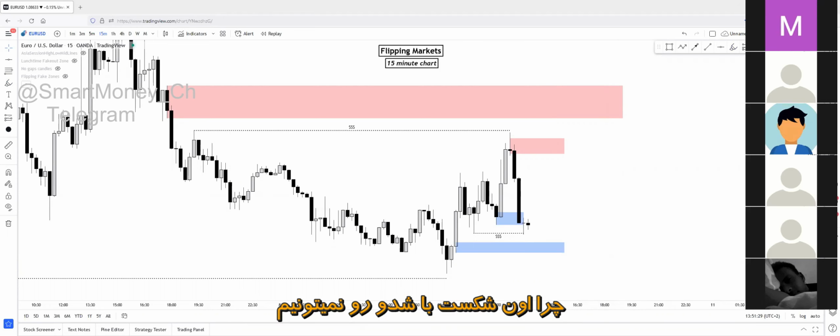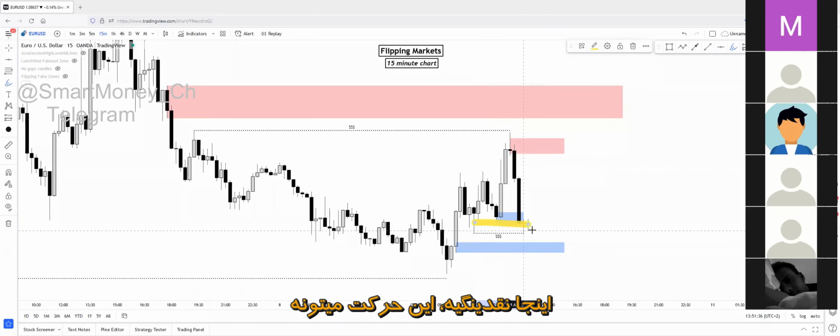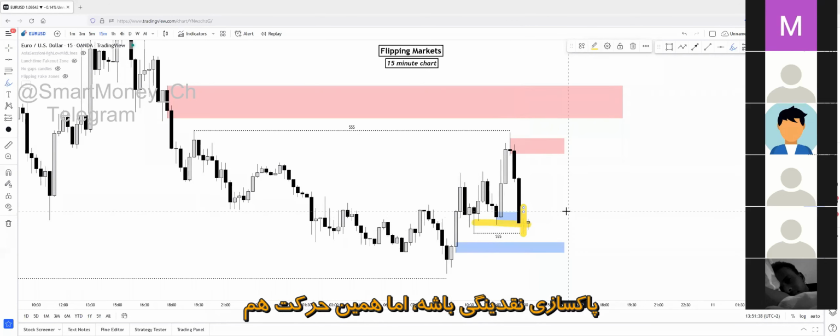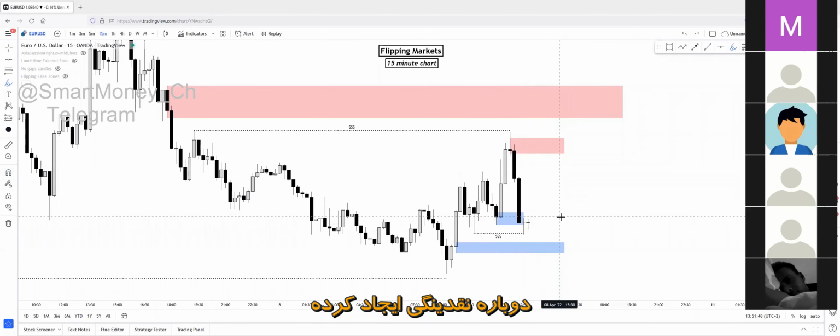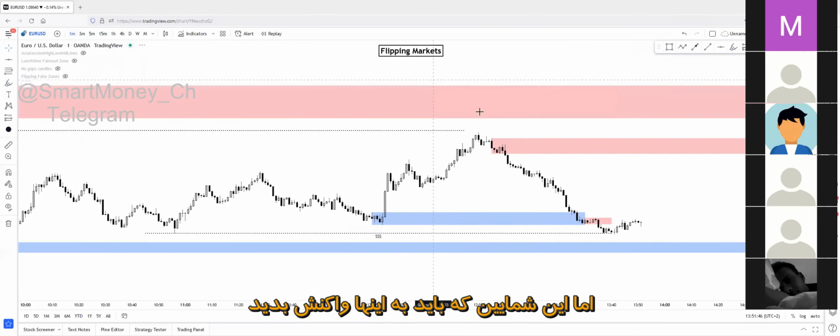Why isn't a weak break fine considering a change of character? It could be a change of character, but it could be also a liquidity sweep. That's why we don't know. There's liquidity. This movement could be a liquidity sweep, but this movement built up liquidity also. Yeah, exactly, Nikita, there's liquidity. This is a confusing movement, but you have to react on these.